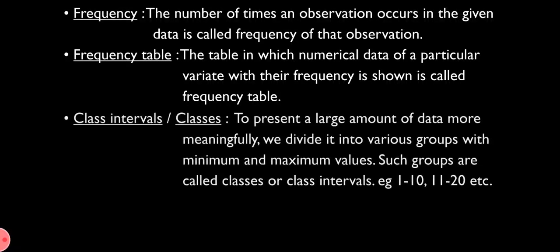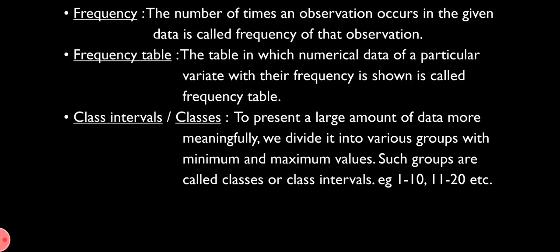Next is class intervals or classes. To present a large amount of data more meaningfully, we divide it into various groups with minimum and maximum values. Such groups are called classes or class intervals. Example, groups may be made from 1 to 10, 11 to 20, 21 to 30, and so on. You can take any numbers